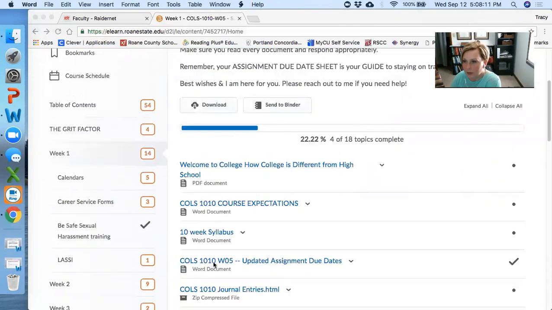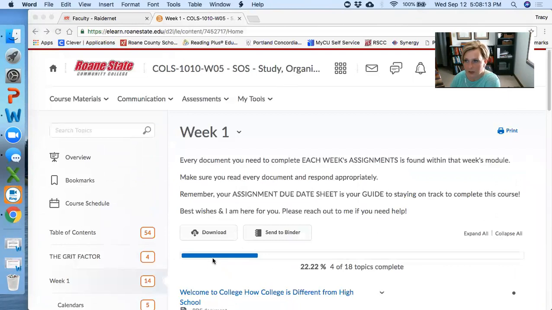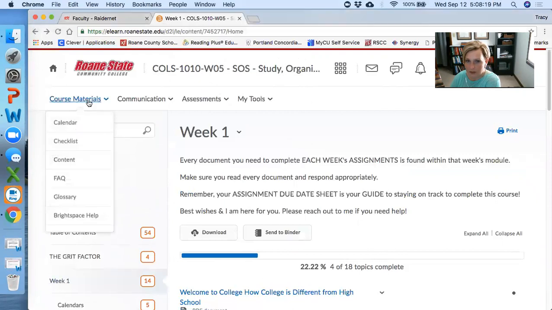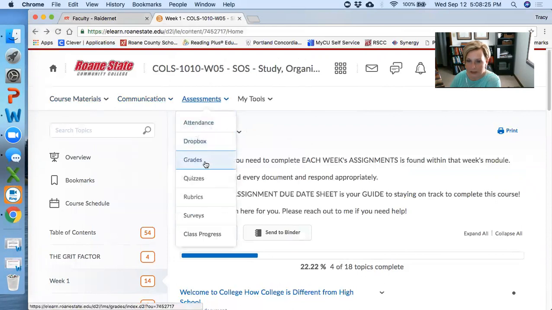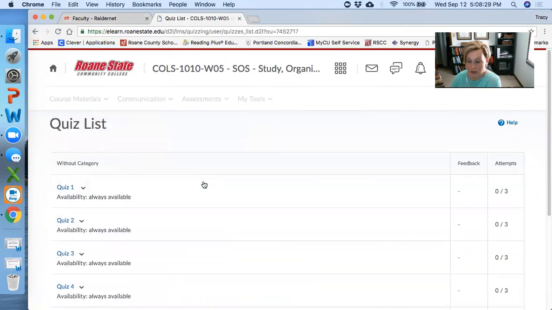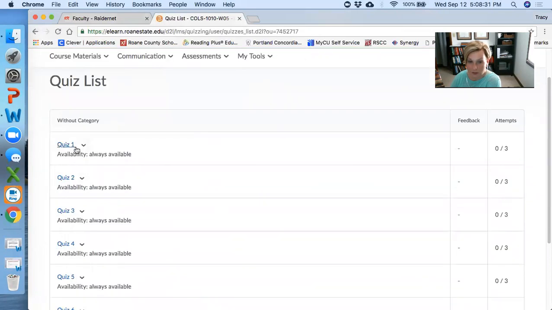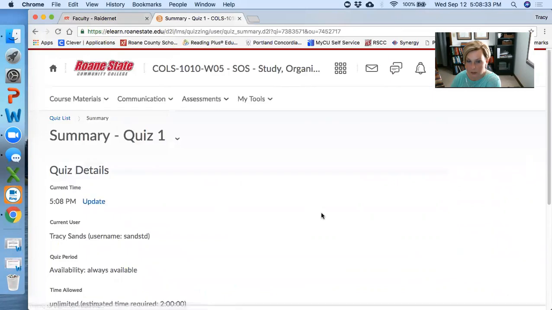So no one is online with me today, which means I don't have any questions, but I do want to review just really quickly for those people who may be still struggling with the Dropbox. Now, just quickly about the assessments. For quiz taking, you just click on quiz and it takes you to the quiz. They're all always available. These are open book quizzes, so that's pretty self-explanatory.